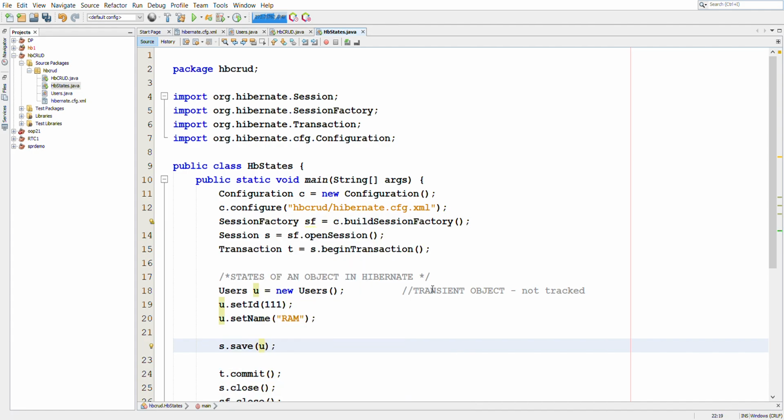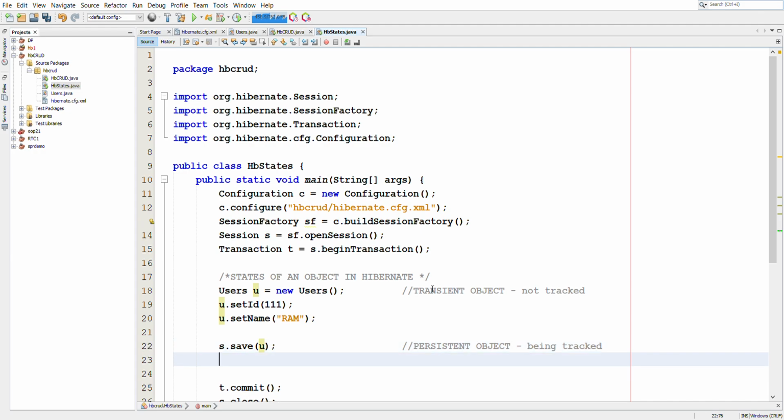So as soon as we save this object U using the session, this object will become a persistent object. So now this is a persistent object, which means that it is being tracked.